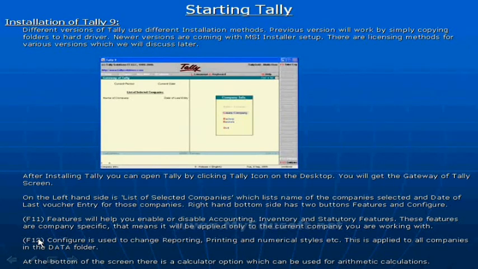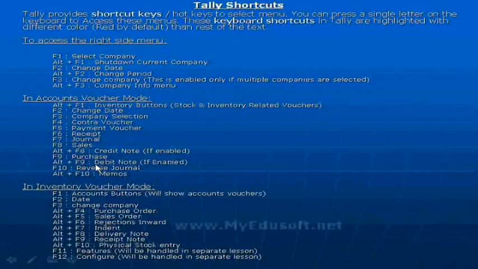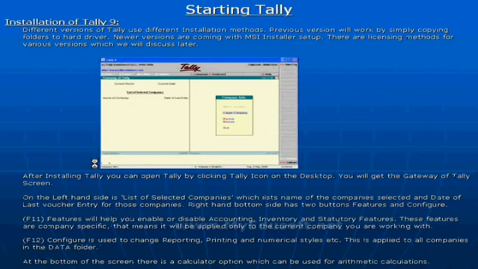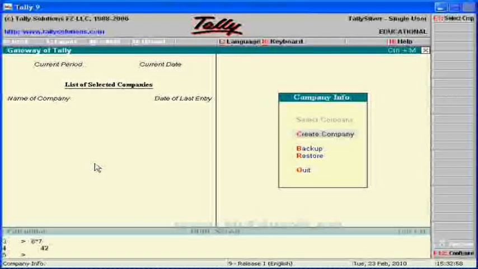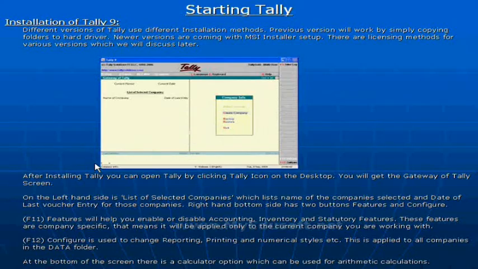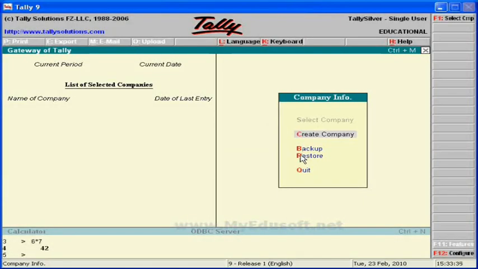We have a number of shortcut keys for quick entry in Tally: hotkeys or shortcut keys. Hotkeys are the letters which are in red color, like B in Backup, R in Restore and Q in Quit.